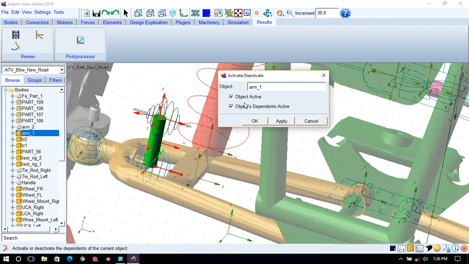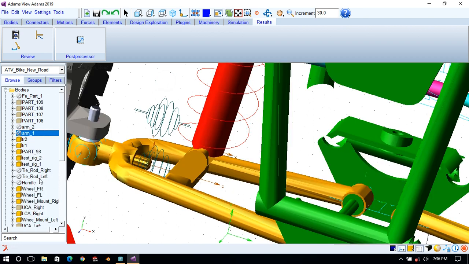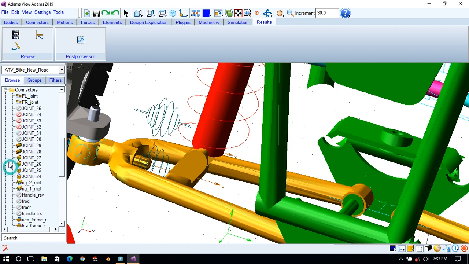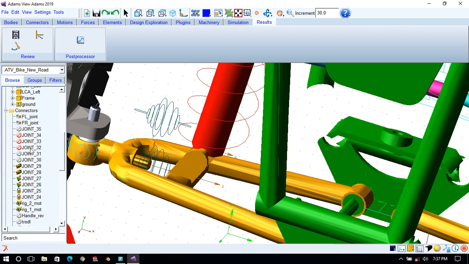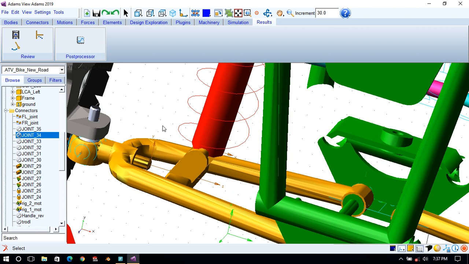So deactivate, then hide. So these joints are also deactivated. In the connector section you will see these are deactivated. So just hide this so that it will not create any confusion when we create this part.